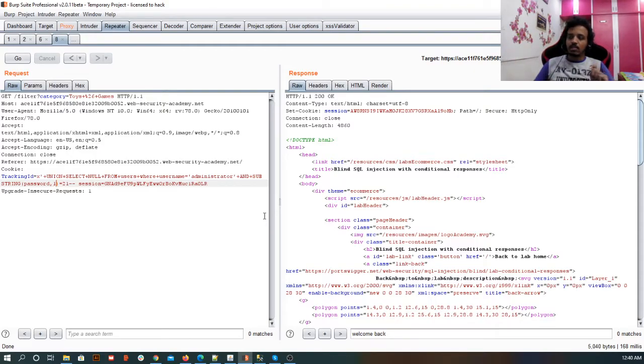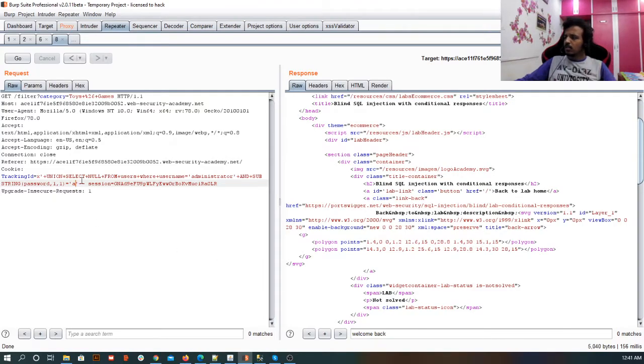I want to start taking the value from the first place, and third, till how many places? One place. That means I'm going to take only one value, and I'm saying that the value at the first place, that is substring of password 1 comma 1, is nothing but a. So here I'm saying the value in the first place in the password is a. Let me click on go.